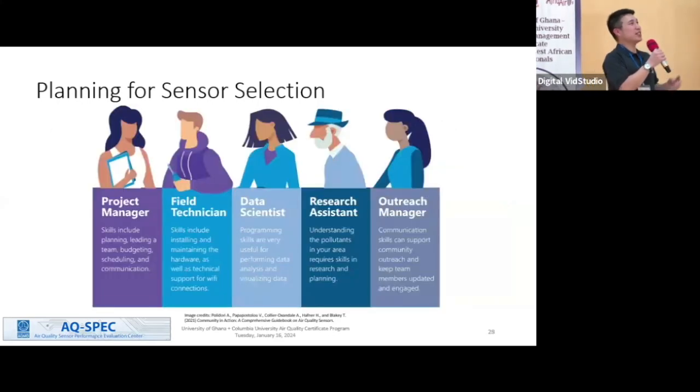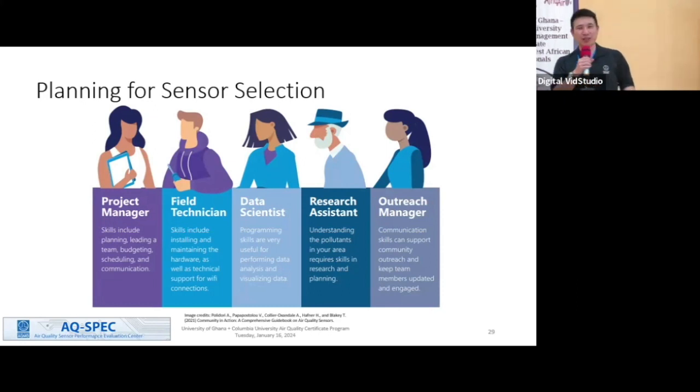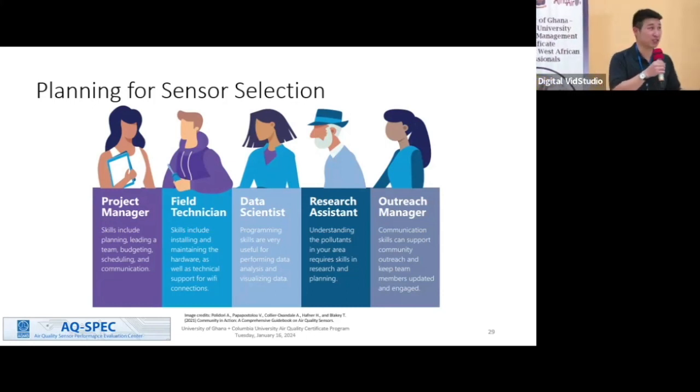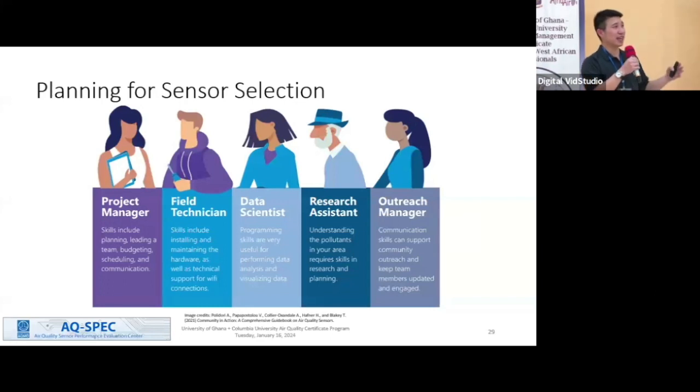So these are the different roles that would be good to have in an air monitoring team. Depending on the size of your team, you might be the only one doing all of these roles. Or maybe you have one manager and 20 field technicians, right? Someone has to manage the project, and then you need some folks in the field installing, deploying, and maintaining the sensors. You need data scientists to be able to ingest these massive amounts of data